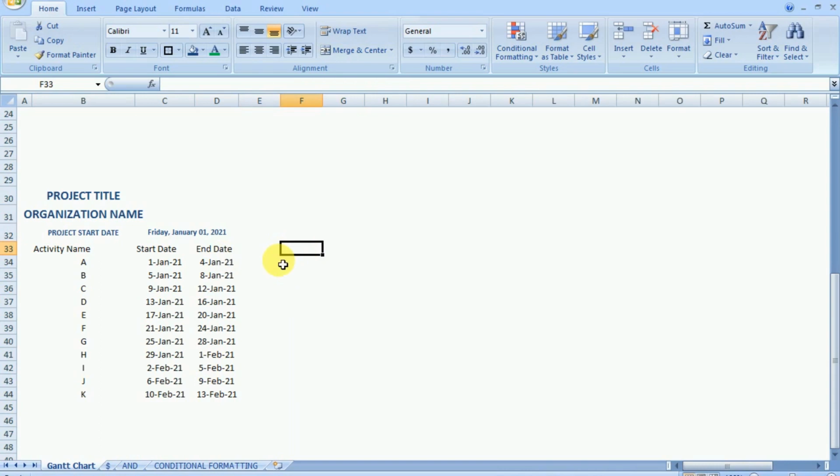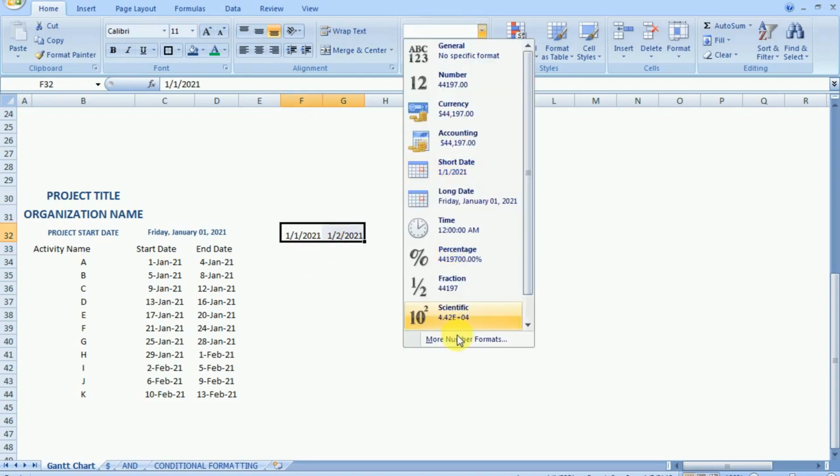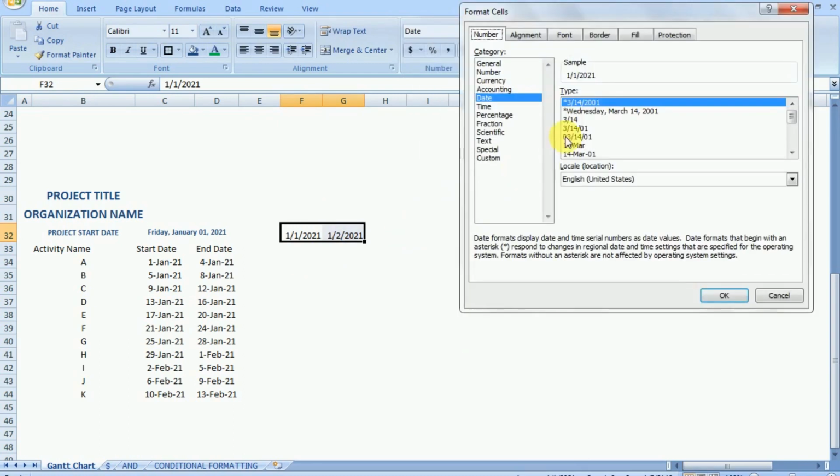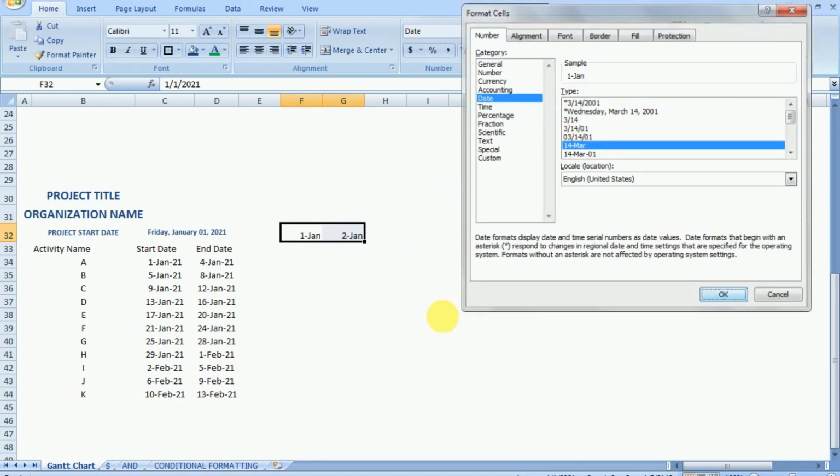So to create a timeline, first we will put the date in the column. So let us put the first date, which will be the starting date, as 1st January 2021. Now if I add 1 to it, I'll get 2nd January, and if I drag it horizontally, then I can get the data auto-filled.